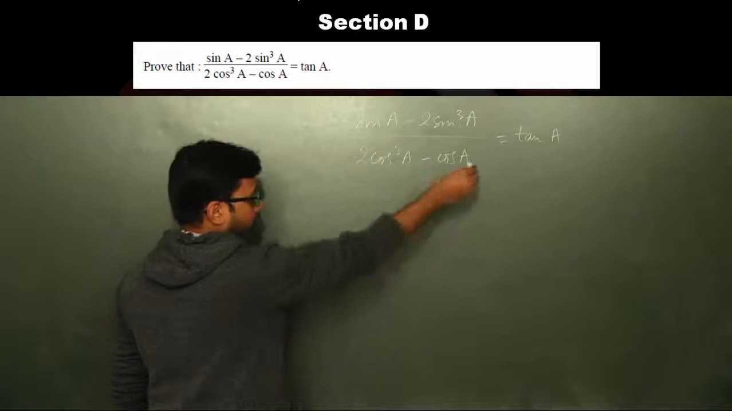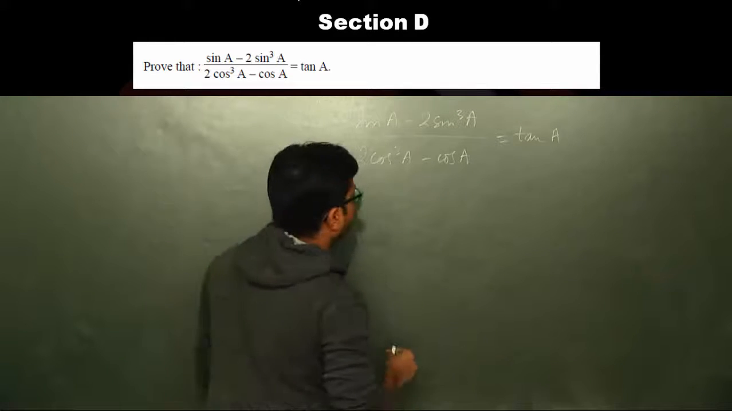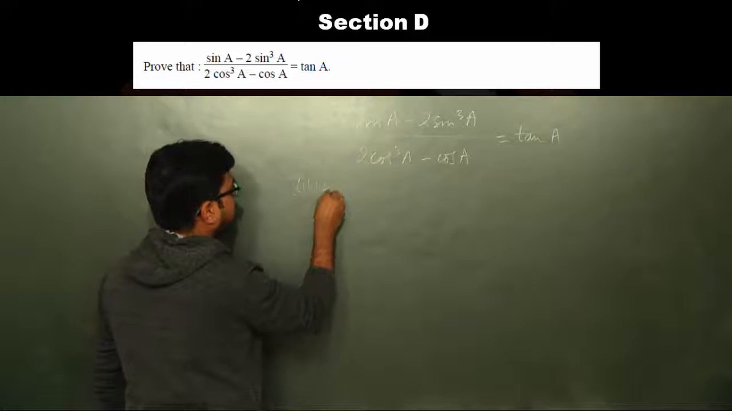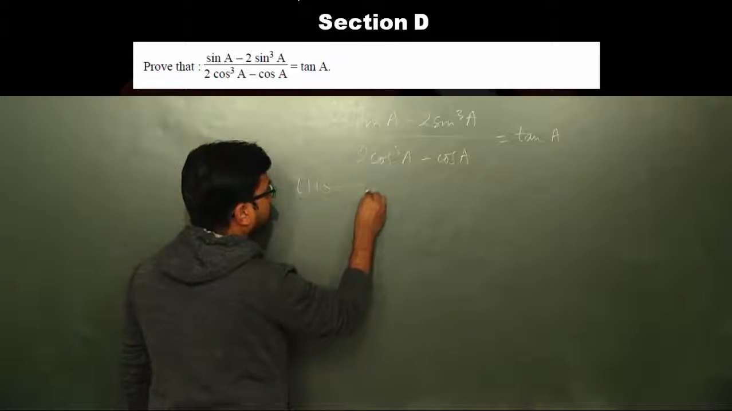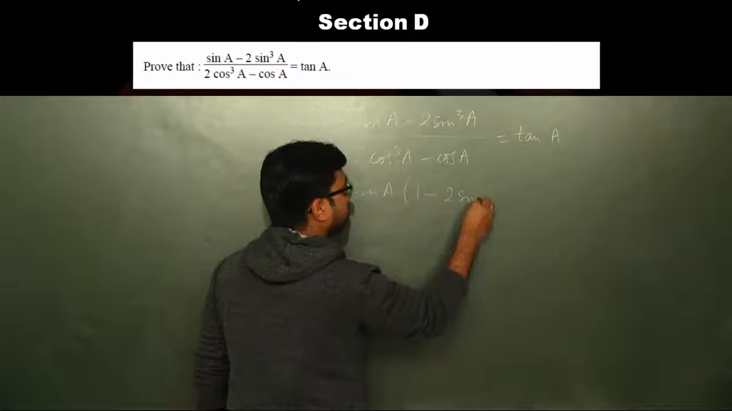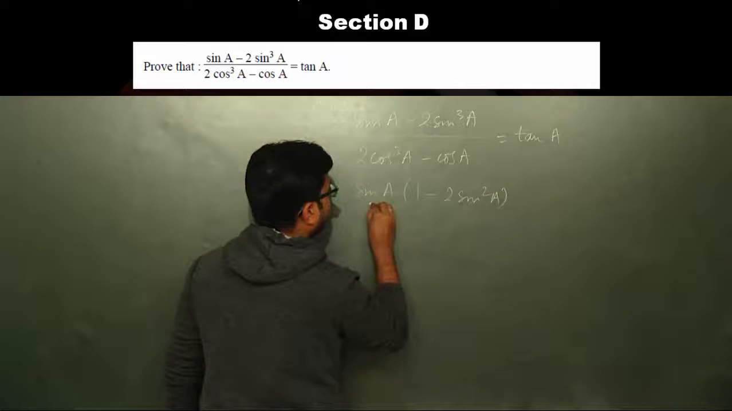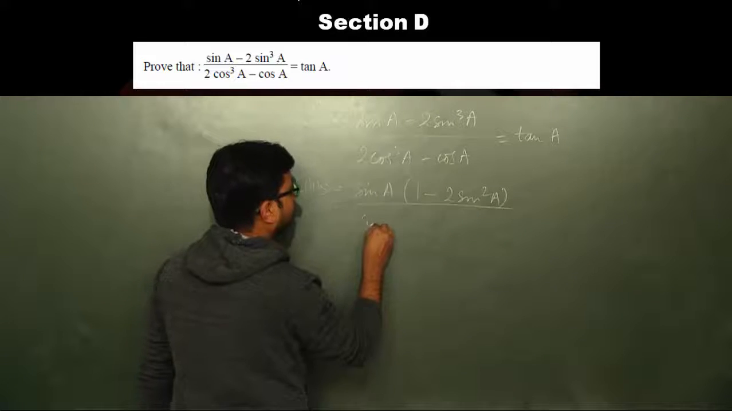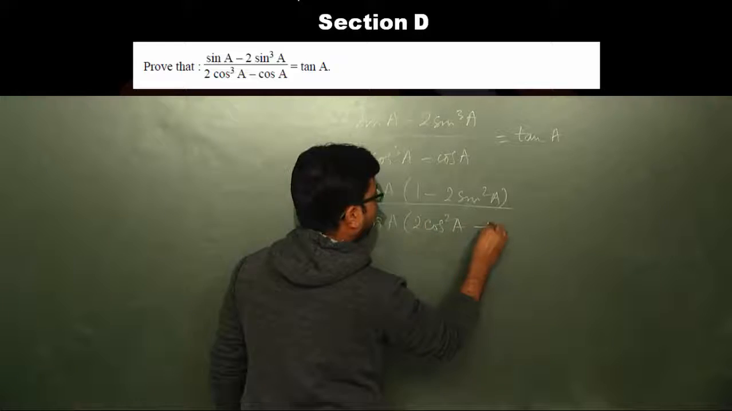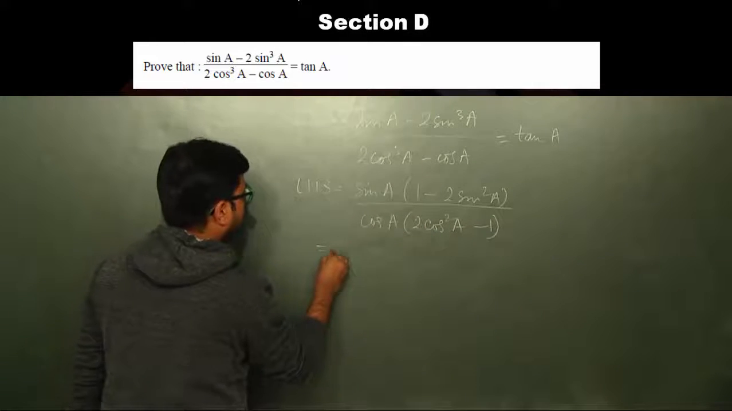So for solving a question related to trigonometrical ratios, you first take the LHS. It's very intuitive that you first take sine A common, and what you get is 1 minus 2 sine square A, and in the denominator you take cos A common, so you have cos A into 2 cos square A minus 1. Another intuitive thing